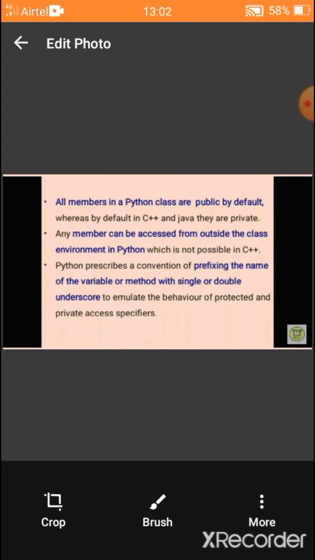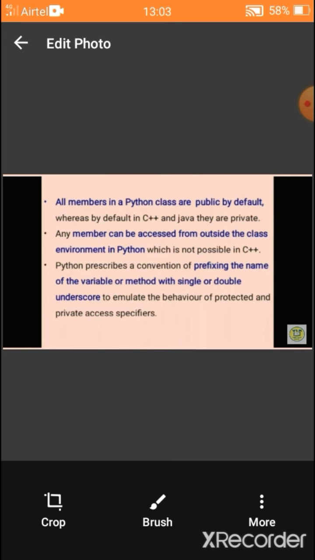Third one, Python prescribes a convention of prefixing the name of the variable or method with single or double underscore. If you want to give your data as private, you have to use the double underscore symbol before the variable name. Those variables are considered as private members.